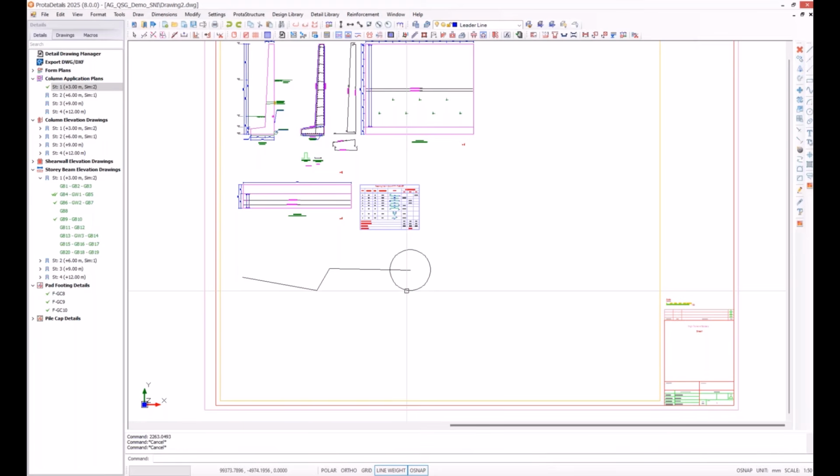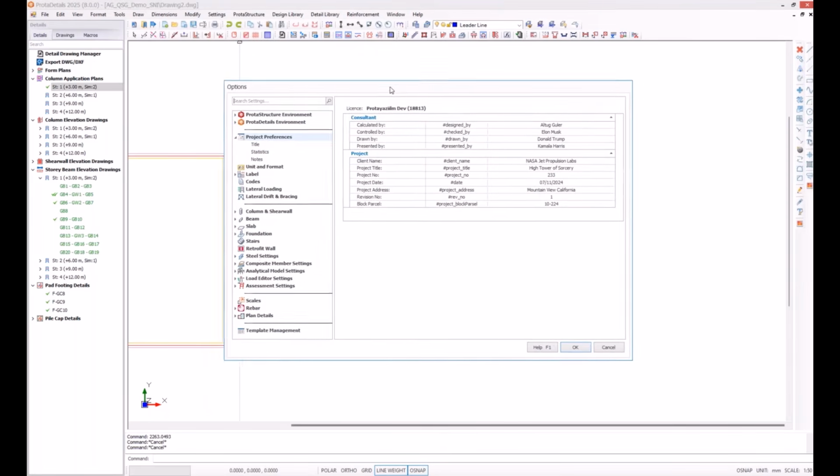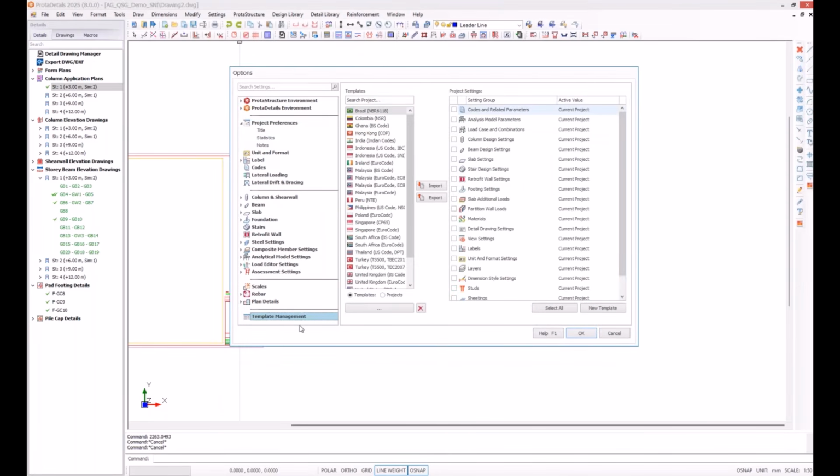Finally, I would like to mention one last thing, because I believe that this is an important feature, but not very widely understood by our users, which is template management. You know that as a global company, we serve in a lot of different countries, and we have some pre-created templates with all the settings predefined in them.